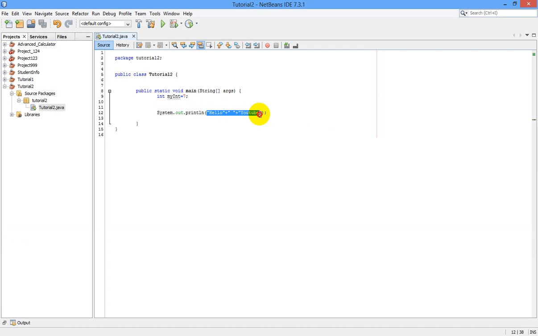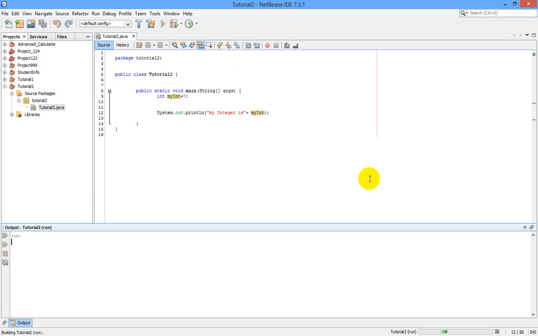If I type here like this, suppose my integer is plus my int, that means I am calling this variable here. If I run this program now, you can see my integer is 7. You are getting my point.